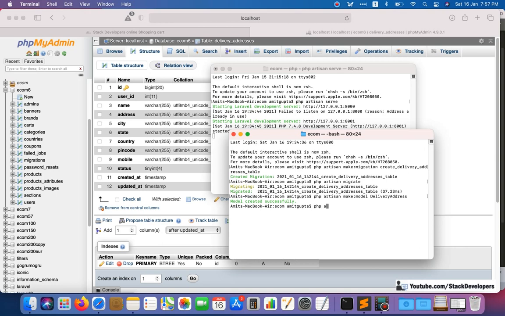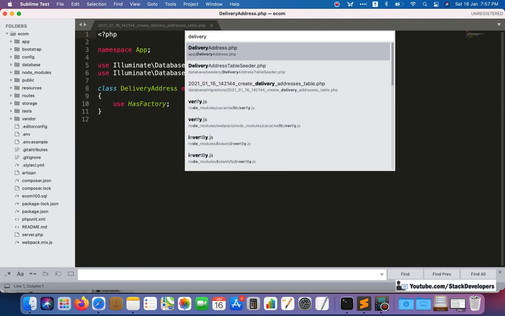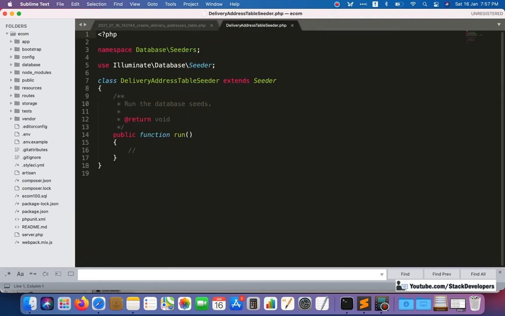We will run php artisan make:seeder DeliveryAddressTableSeeder. Just enter it, and our file gets created. Now we will go into this file, and it has been created.